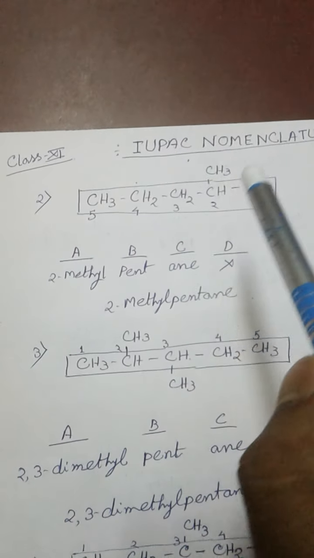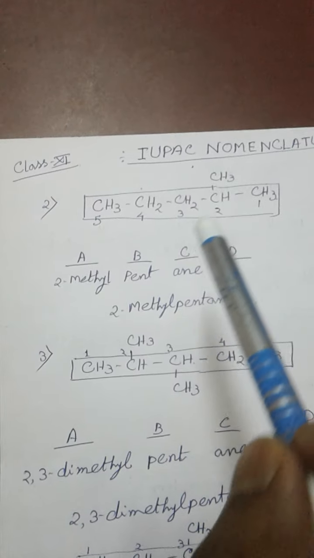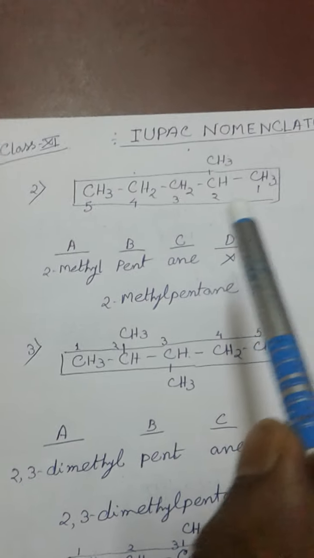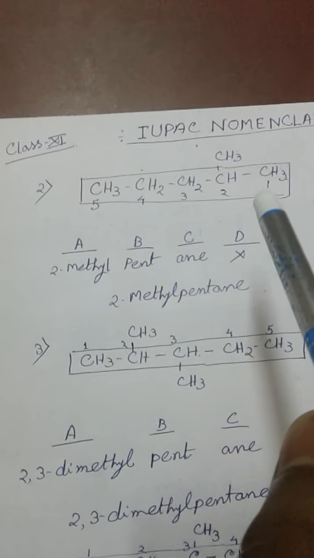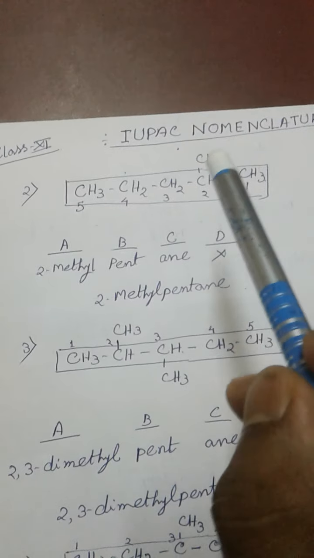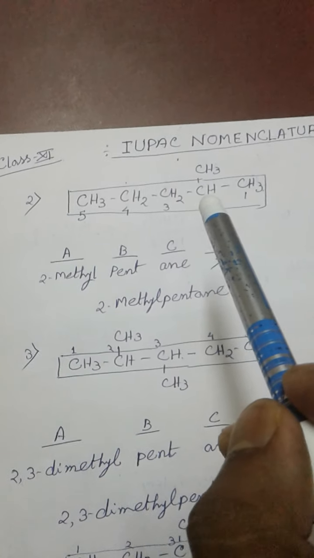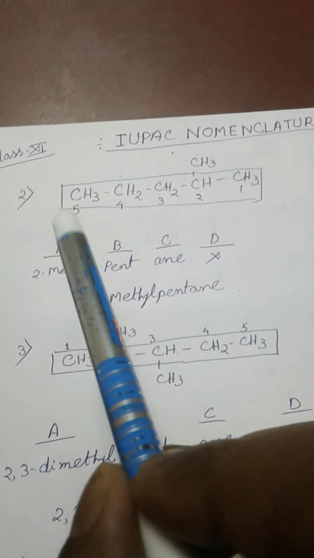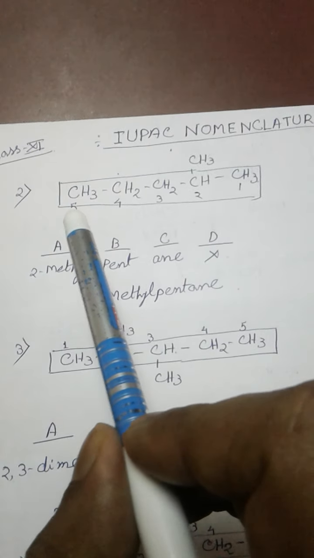Here a side chain is also present, and if a side chain is present, you must give the locant by which the side chain is attached to the straight main chain. And the rule of the numbering,